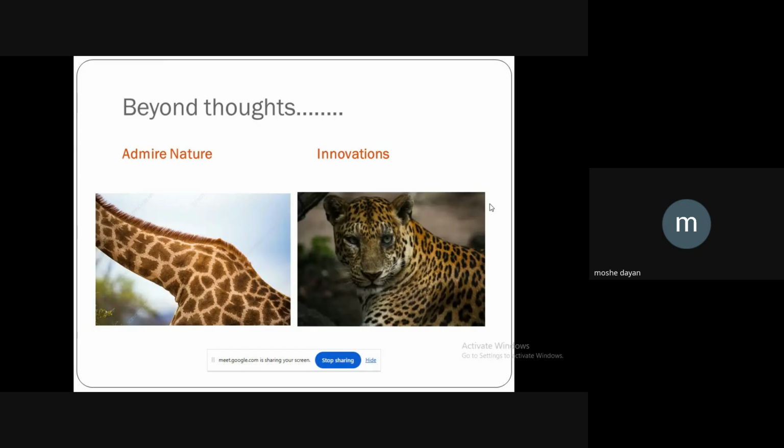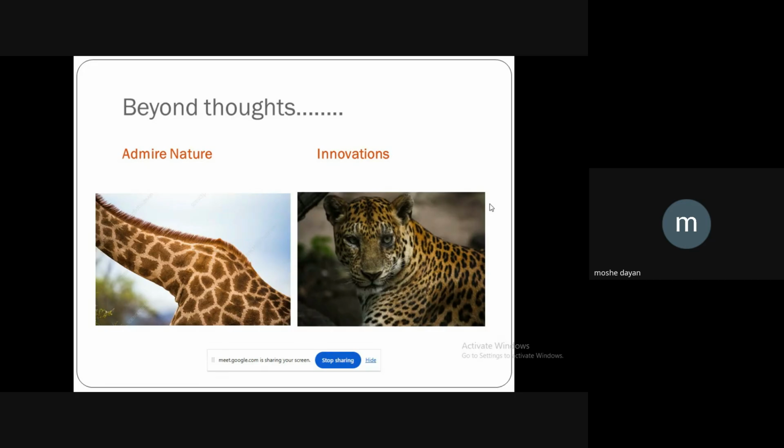You have to generally admire nature for innovations. So this particular patent, we couldn't file a patent, but this was a copyright. This was done by our CSE students, wherein a problem task was given. A problem was given from the forest department, where to number the amount of leopards available in the jungle. So they have cameras which are powered by AI. So whenever a leopard crosses a camera, it will take the photograph, because this is the amazing gift of nature.